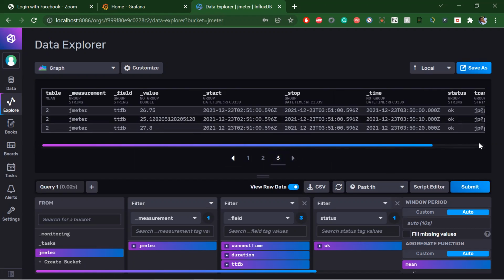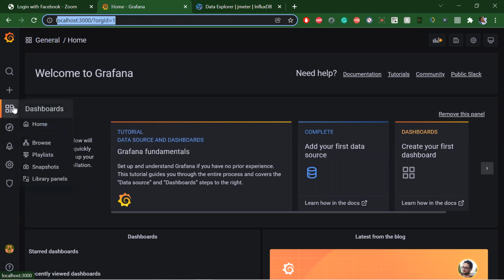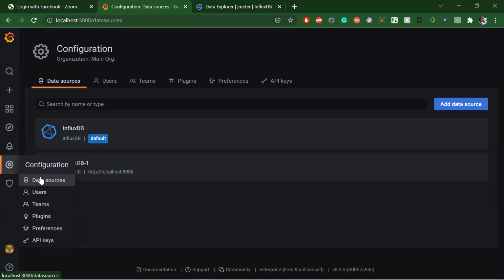Now we have to push it into Grafana to visualize. So now we go to Grafana. Again, when setting up from scratch, it will ask for the username and password. Nothing much. The next thing is data sources.